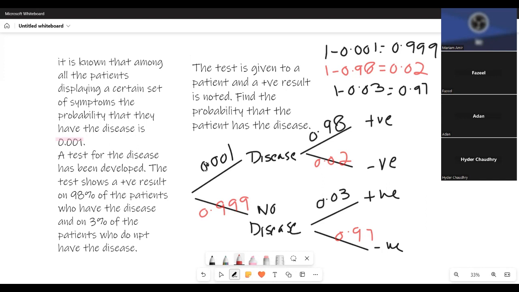ओके, सो लेट्स रिपीट: क्वेश्चन ने कहा है कि डिजीज होने की प्रोबेबिलिटी है 0.0001, तो फिर हमने इससे खुद कंक्लूड किया कि डिजीज ना होने की प्रोबेबिलिटी है 0.999। फिर अगर डिजीज है तो पॉजिटिव रिजल्ट आने के चांस हैं 0.98, दैट मीन्स नेगेटिव रिजल्ट आने के चांसेस हैं 0.02। और फिर अगर डिजीज नहीं है तो पॉजिटिव रिजल्ट आने की प्रोबेबिलिटी है 0.03, और नेगेटिव रिजल्ट आने की प्रोबेबिलिटी है 0.97।